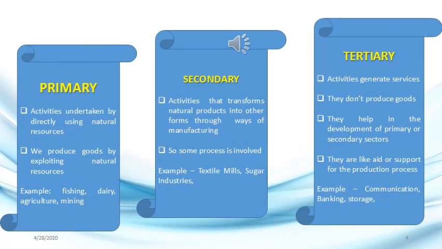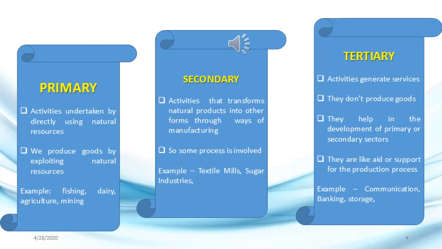So based on our activity, I think it would be very easy for us to know the concept and differences between primary, secondary and tertiary sectors. When you talk about primary, it is actually those economic activities undertaken by directly using natural resources. That means we produce goods by exploiting natural resources. We have many examples. We have been studying this, like fishing, dairy farming, agriculture, mining, because these activities are linked